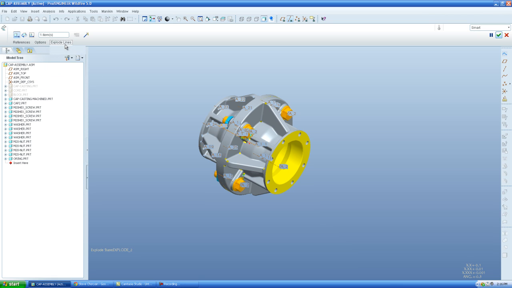And then you have explode lines, which are lines that you can draw from part to part. I tend to show my axes and drag my axes in my drawing, so I usually don't use this feature too much. But I'm going to select my component now because I've selected the axis, and you'll see it brings up this little